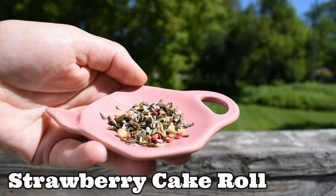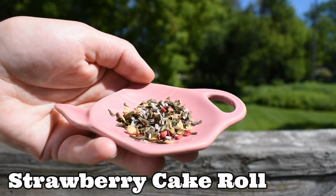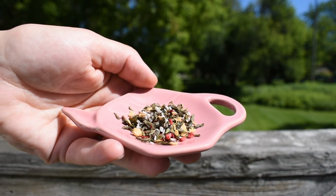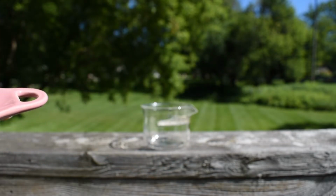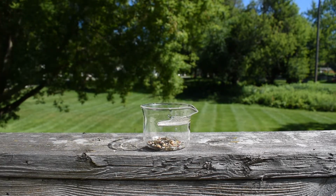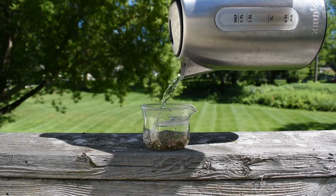Last but not least, my favorite blend. This is another blend that was completely unexpected. It is the strawberry cake roll. The strawberry cake roll is a blend of green tea, strawberry and papaya pieces, natural strawberry flavor, coconut, Canadian maple, and freeze-dried raspberries. Dessert by Deb writes, an Asian patisserie, sweet shop and bakery isn't complete without the light, dainty,